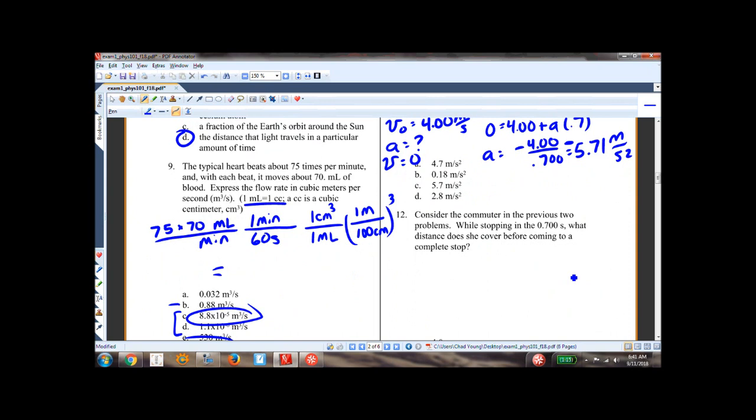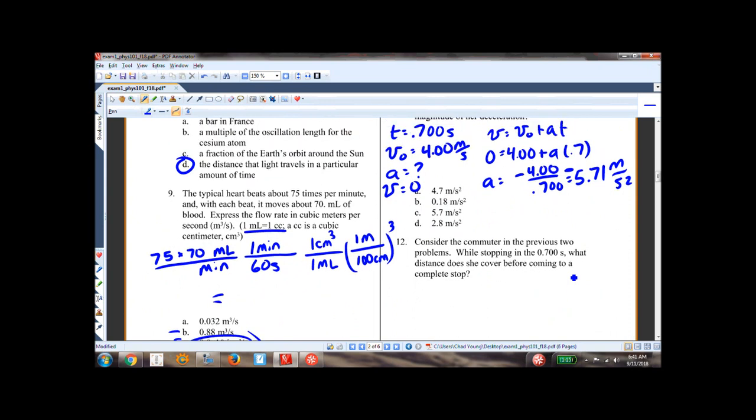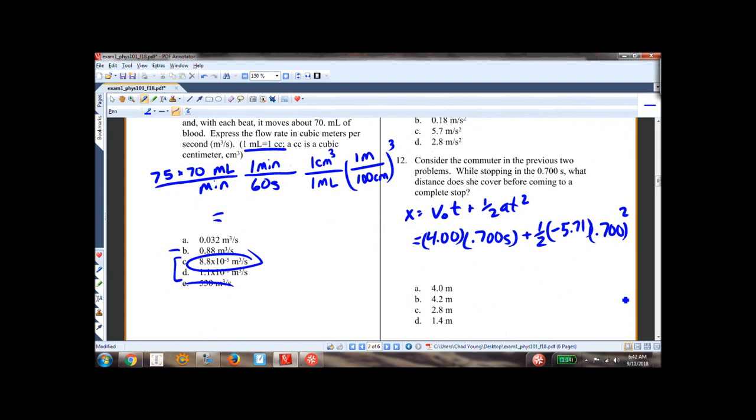I considered the commuter in the previous 2 problems while stopping in 0.7 seconds. What distance does she cover? So I want to know what is x. This is my equation for x, so I have to use this in some way. So let's just write it down. Do I know V naught? Yeah, I know V naught. It was 4 meters per second. And it takes her 0.7 seconds to stop, plus 1/2. And now I need to be careful because I need to keep that negative 5.71 for my acceleration. And then 0.7 squared. All right, so let's see, 4 times 0.7, oh, that's 2.8